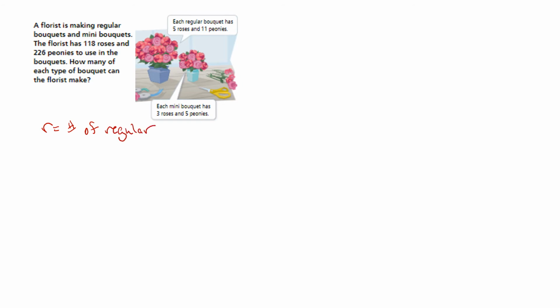And M is the number of mini bouquets. And now we're going to have 2 equations. We're going to have a rose equation, and we're going to have a peony equation. So the rose equation,